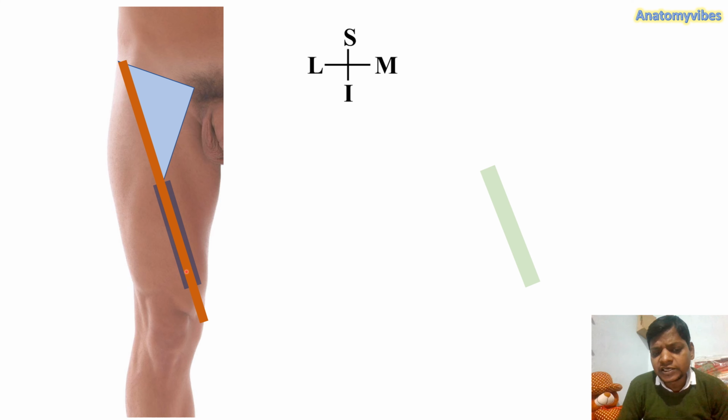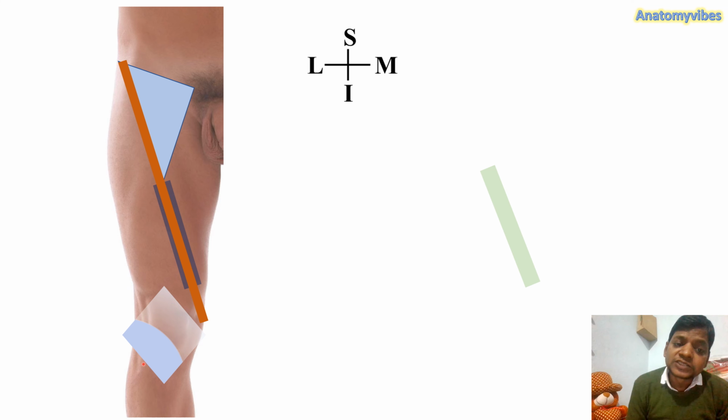So here is the region of the femoral triangle. This is showing the adductor canal or subsartorial canal, the bluish structure, or Hunter's canal, just deep to the sartorius muscle. Further, just behind the knee we have the popliteal fossa, almost quadrilateral or diamond shaped in appearance, just behind the knee. So here we can see that the femoral triangle is continuous with the adductor canal and the adductor canal will be continuous with the popliteal fossa.